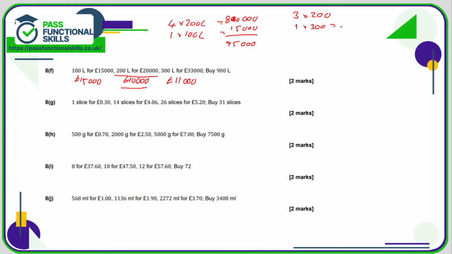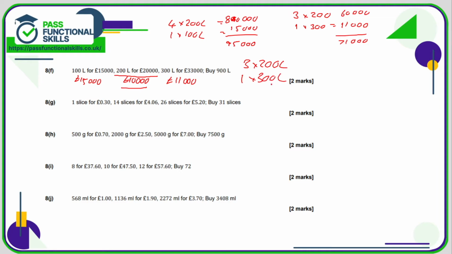1 times the 300, that is 11,000. And 3 times the 200 litre is 3 times 20,000, which is 60,000. And as you can see, this works out much cheaper. That's 71,000 compared to 95,000. So sometimes with these questions, you need to look at the various options just to double check that you are getting the best deal. So for this one, we would need to buy 3 times 200 litres and 1 times